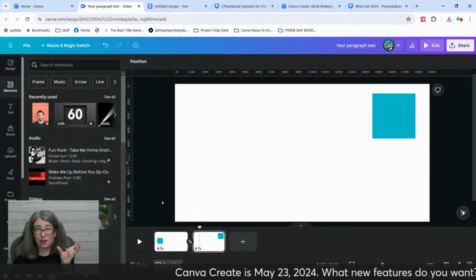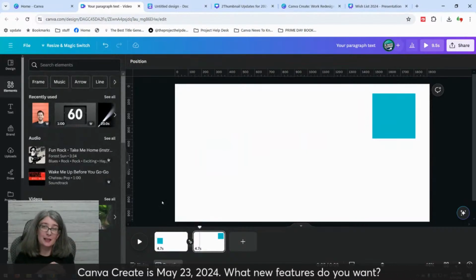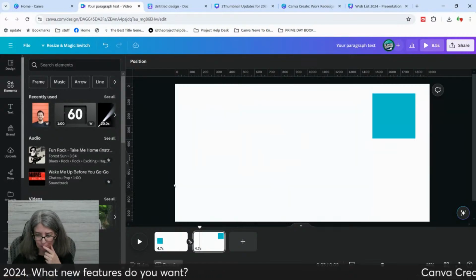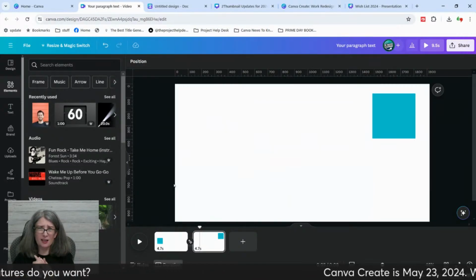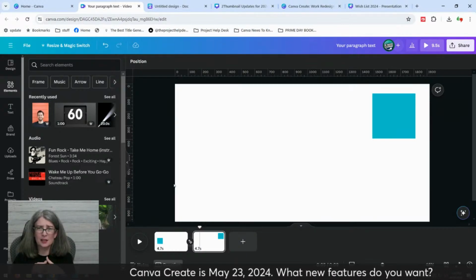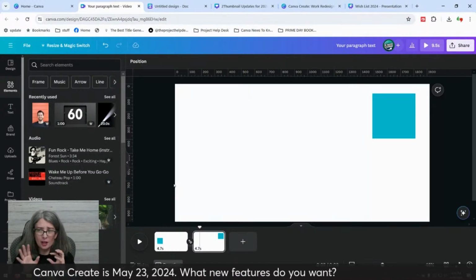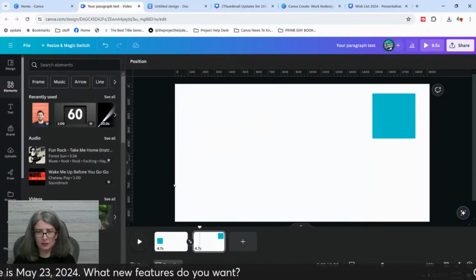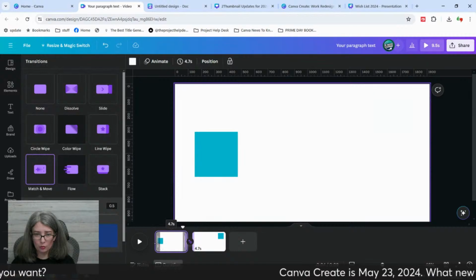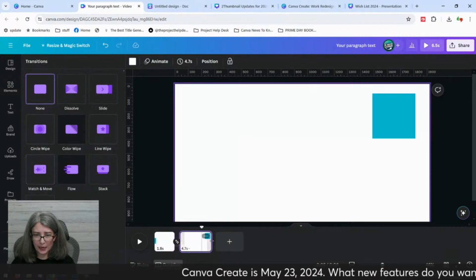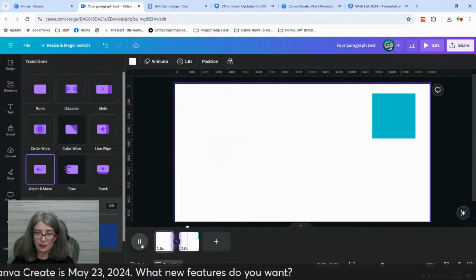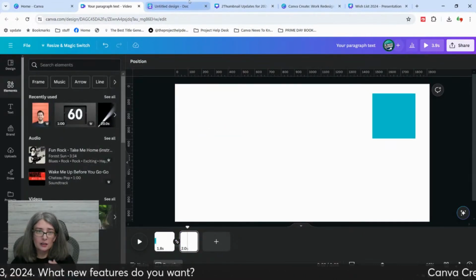And these transitions are available in almost every single document type, except for maybe Canva Docs and the websites. Like Canva sites, I don't think that they're on those two, but for the others, they're there. But those are the fun things that you can do with animations or with transitions turned animations. Like this is just fun.